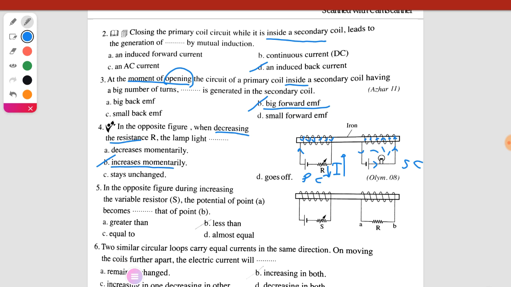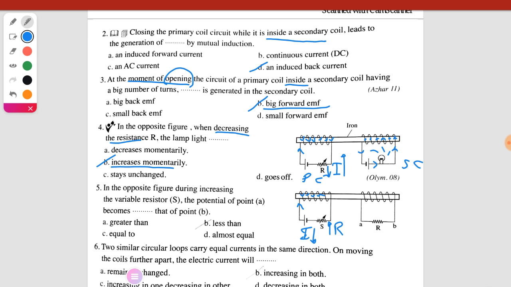Number 5. Like it, the battery produces electric current moving down. The secondary coil has no battery. In the opposite figure, during increasing the variable resistance, this resistance increases, R increases. This means that I decreases. When the current intensity decreases,